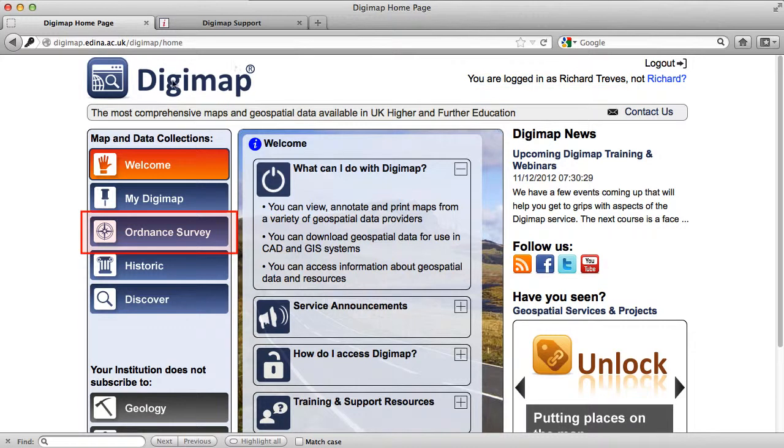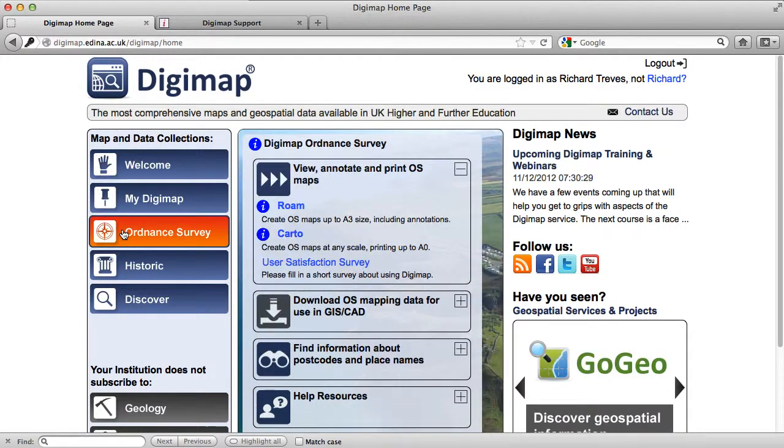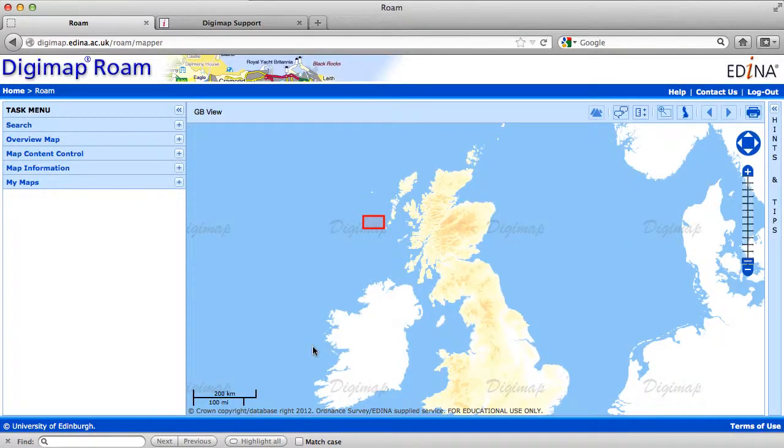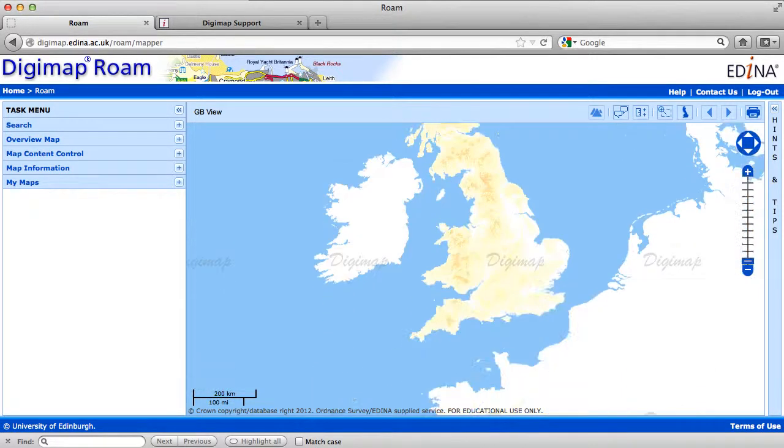So to get onto the maps, we click Ordnance Survey and then click Roam. And we have to agree to a copyright notice. And now it's booting up, and there it is. So this is Digimap. If I zoom in on Southampton,